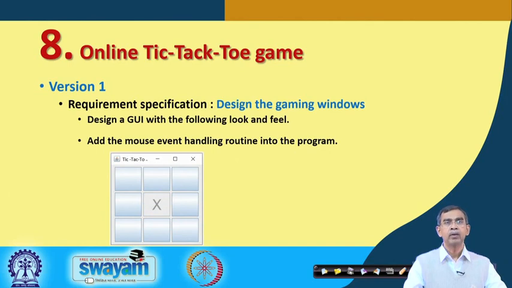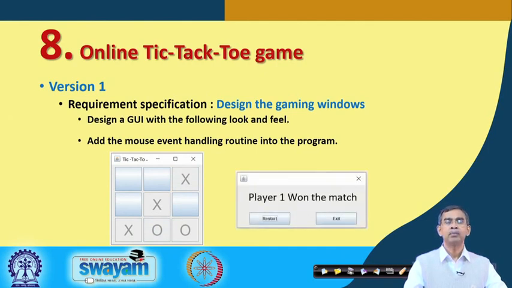In our next part is the event handling, and the event handling will be like this. People will select a particular button, and then one player's selection will be marked as x. The other player's selection will be marked as 0, and it will continue, and every time the player will get his own turn to mark the selection. Once a player wins the game, automatically a message box will appear showing that player A or player B won the match. So, this is the interface that you have to develop first, and this is the first phase of the program.